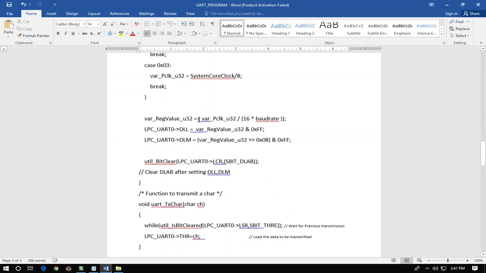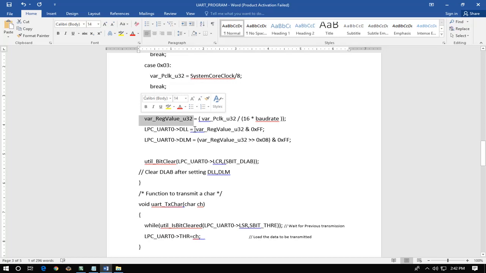And then here is the formula for calculating the DLL and DLM value. Now in this, the PCLK value we got from the switch statement is divided by 16 times the baud rate we want to set. Usually we will set the baud rate for a serial communication as 9600, and this will give the value of DLL and DLM, the lower 8 bits and upper 8 bits.